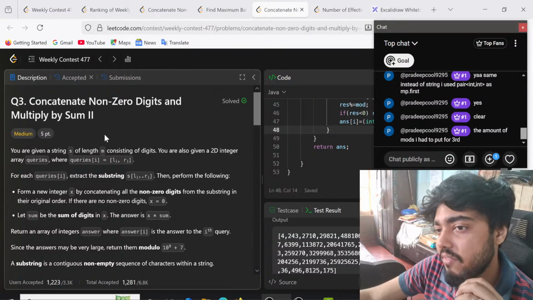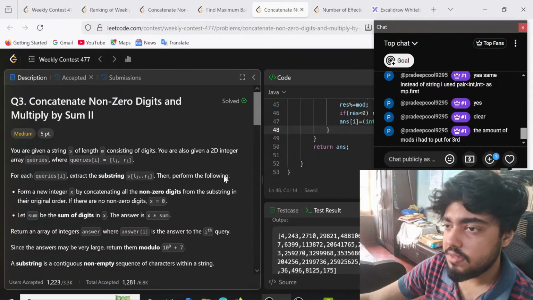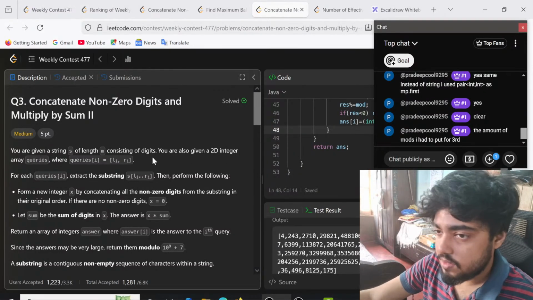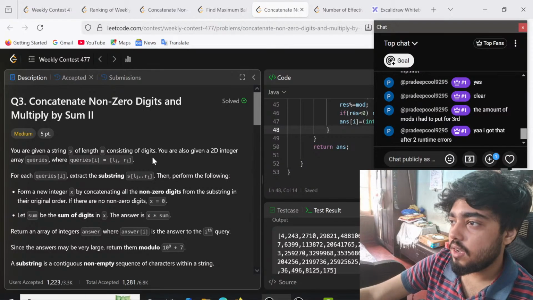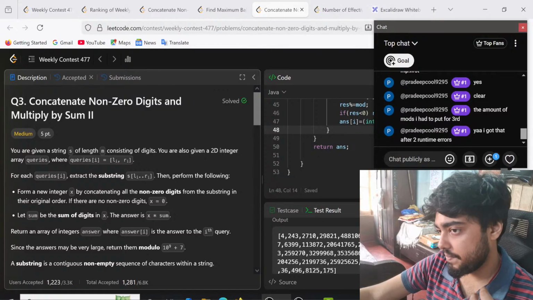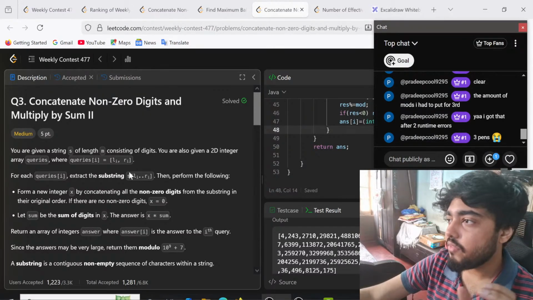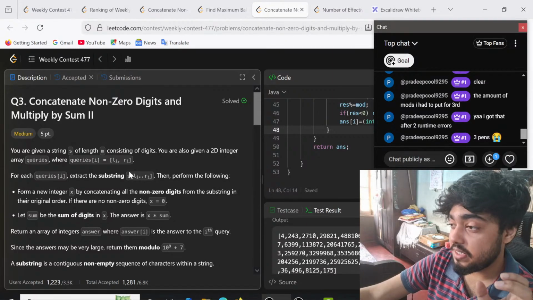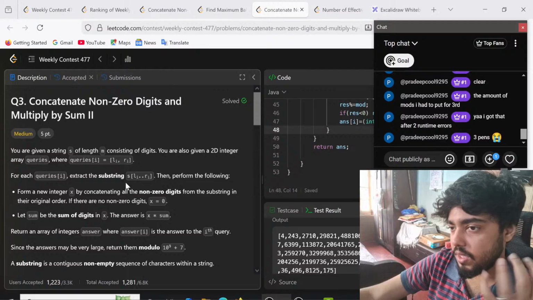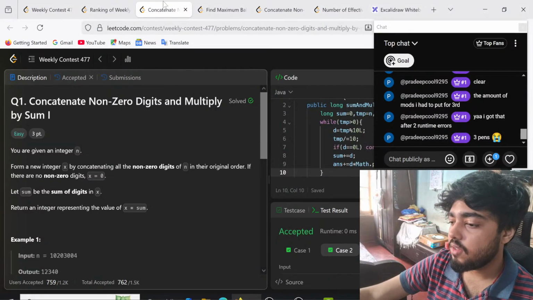So you're given a string s of length m consisting of digits, similar to the first question. You're also given a 2D integer array queries where queries of i is li and ri. For each query, extract the substring, then perform the following: form a new integer x by concatenating. So whatever you get from the substring, and whatever the operation was in the first question,